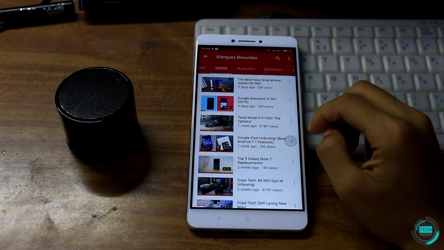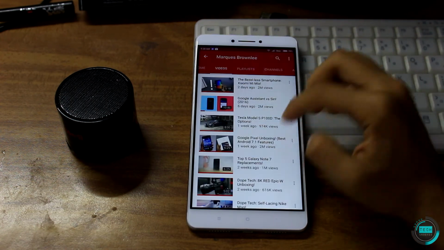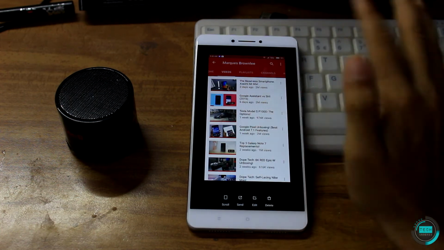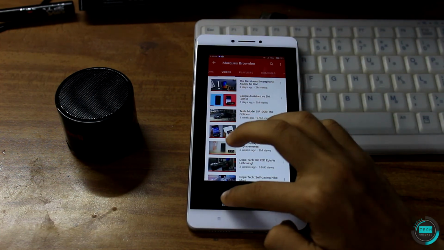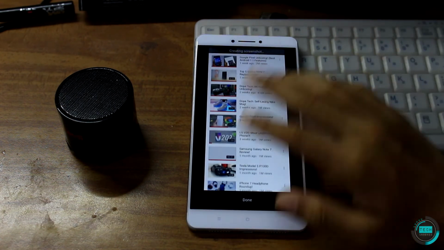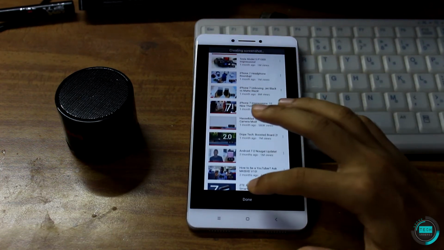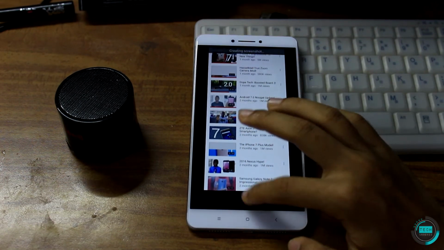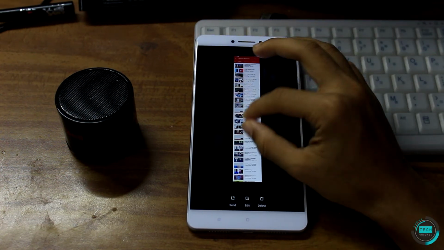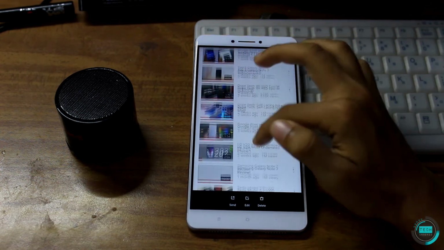So next up, what we have here is called Scroll Screenshot. If I want to take a screenshot, I can just go here and press the screenshot button, and then you have an option called scroll. This is again only for MIUI users, so you can go to scroll and it will start scrolling down through all the content that you have. It could be very long. You can record chats or something, and you press done and it will compress it into one image. The clarity of this image too is good, like you could see here.